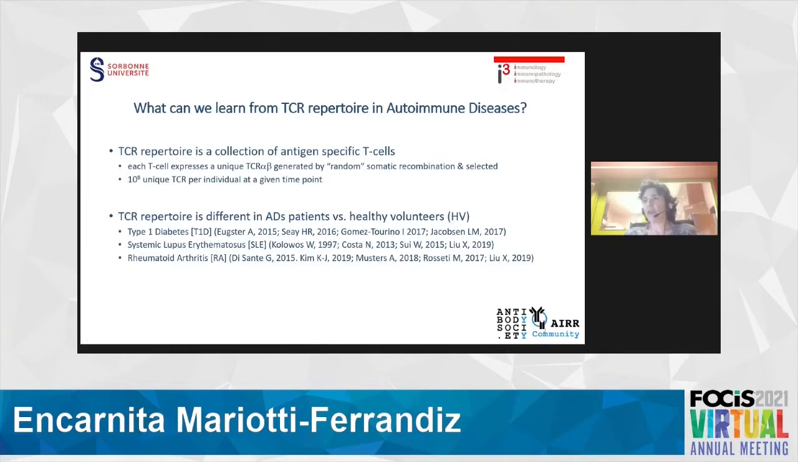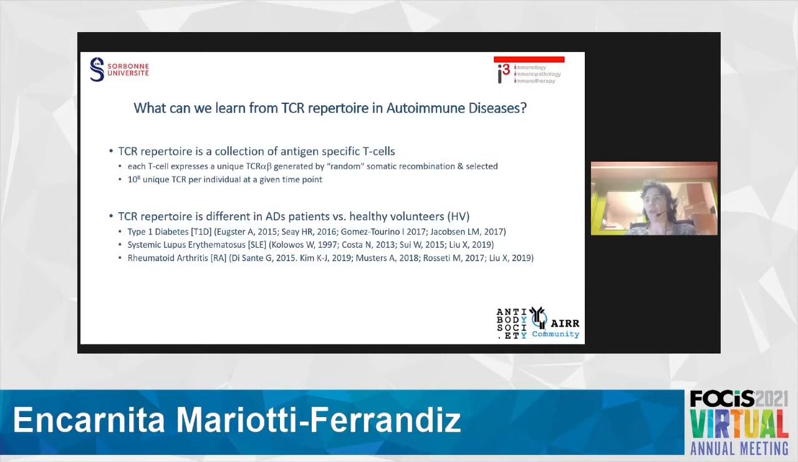I'm not going to enter into the description of what a TCR repertoire is, just to emphasize that it's a collection of antigen-specific T cells' rearrangements, and that each T cell expresses a unique TCR alpha beta, which is generated by random somatic recombination and selected in the thymus, but also eventually in the periphery upon immune responses. It has been estimated that in humans at a given time point, there are about 10 to the 8